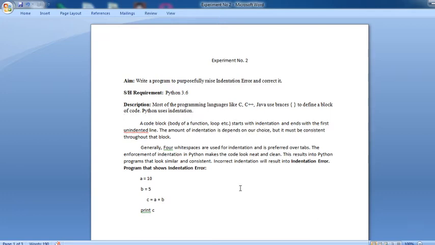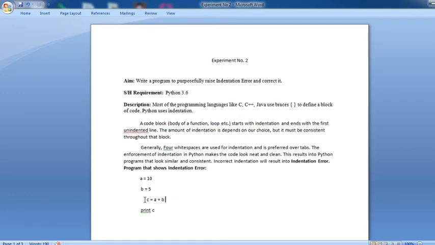See this following program. One variable a is defined equal to 10 and another variable b equal to 5. Now the addition of these two variables, c equal to a plus b, is stored in variable c, and finally print c. Now in this case, see here, I am highlighting this space you have given here. Whatever you give intentionally or mistakenly, the error is automatically displayed in your program.